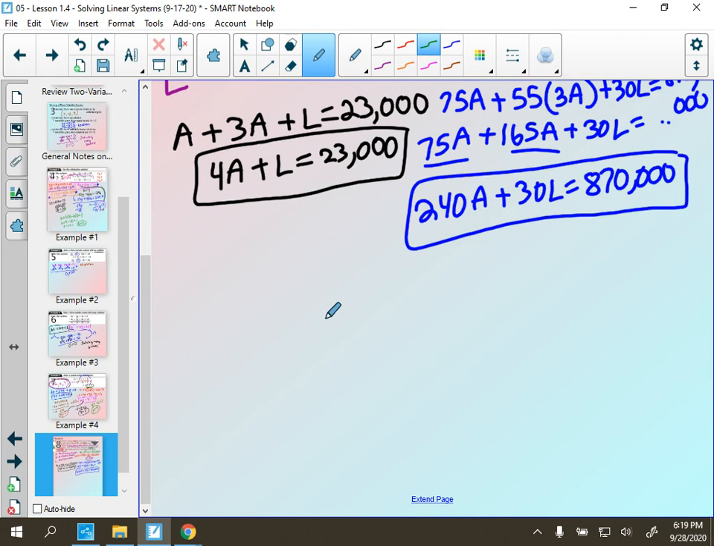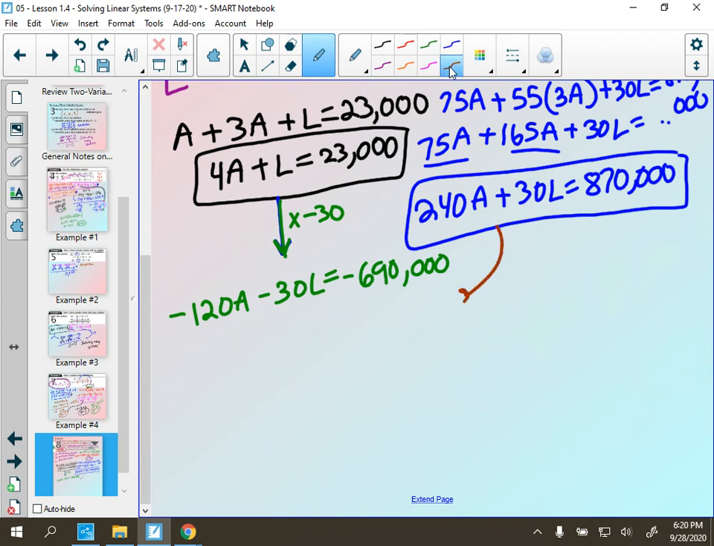So let's keep this one as is. Let's bring this one down. We said we're going to multiply times negative 30. So I'm going to end up with negative 120a minus 30L. 23,000 times negative 30 is negative 690,000. And then we can bring this one exactly as it is, 240a